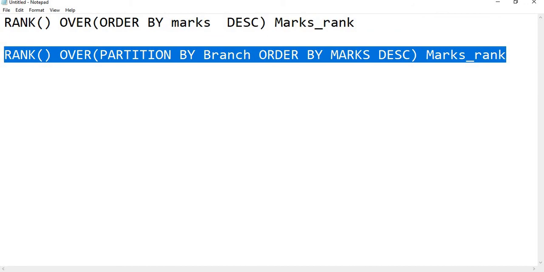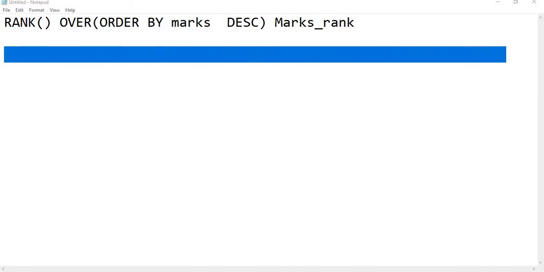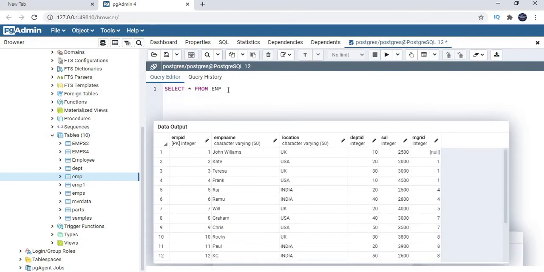So let's quickly write the similar query on the top of the employee table. Let me keep that query as it is. Select, I am going to keep the star as it is, comma, rank over. On how to generate a rank, on what basis you want to generate a rank, that's the reason why I used over. So order by, on what column I want to generate a rank, salary here, sal DESC, descending. I'm going to make it as sal underscore rank, just giving it an alias name here.